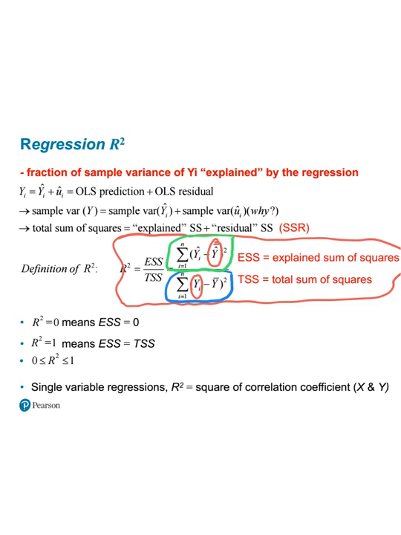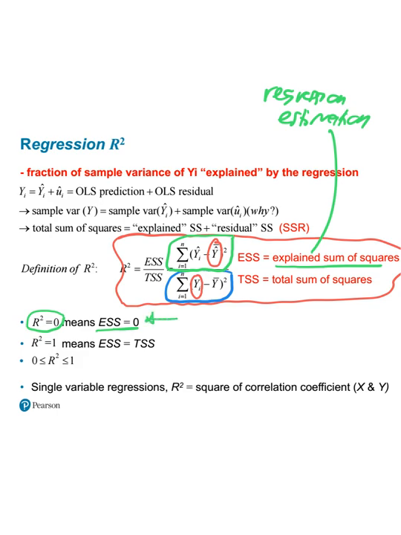Now, anytime R squared is equal to 0, or really, really small, that must mean that this explained sum of squares, from the regression estimation, is itself 0. Anytime R squared is closer to 1, I mean, equal to 1 is most likely not going to happen, then that must mean that the explained sum of squares in the numerator exactly equals the total sum of squares, which is in the denominator. These are actual observations